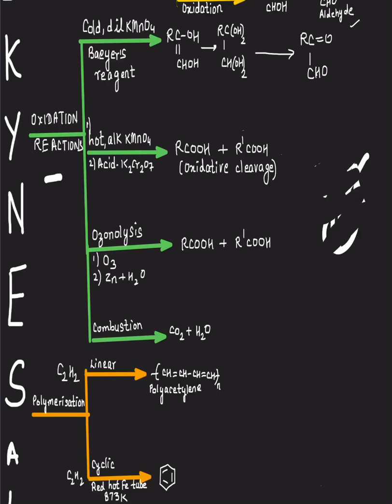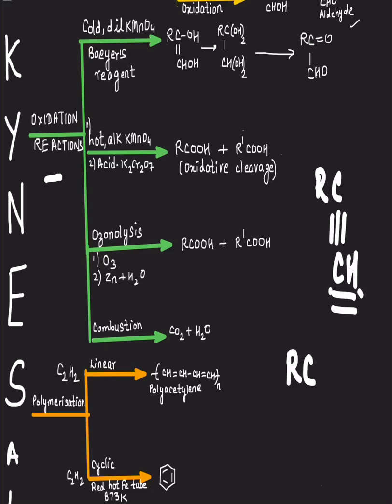Correct? So let's write the correct formula of the alkyne that we are going to follow. RC triple bond CH. So this is a terminal alkyne. Terminal means where the CH part is in the end. There is no other alkyl group attached to it, right? There's another alkyne which is called the internal alkyne. So I have something like this. So this would be called an internal alkyne, right?